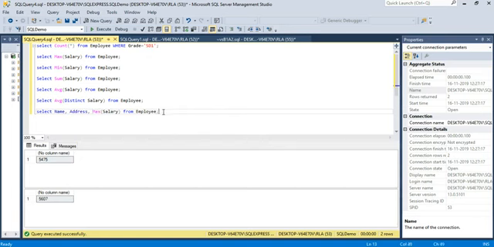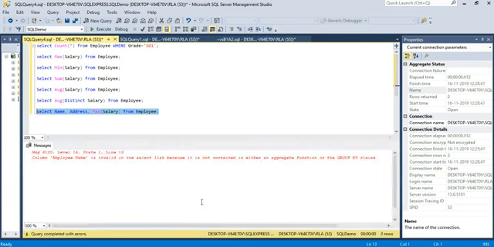So we got an error which says employee name is invalid in the select list because it is not contained in either an aggregate function or group by clause. So here we want to group them,